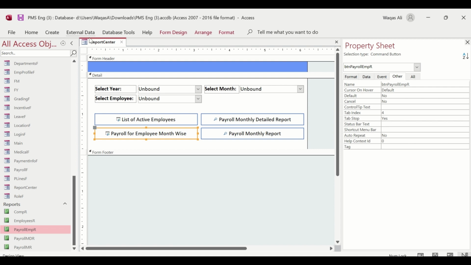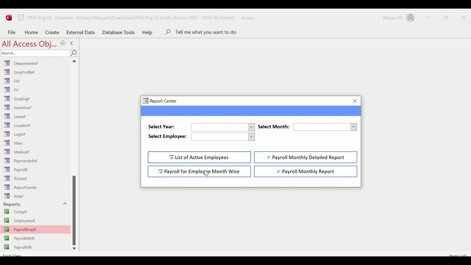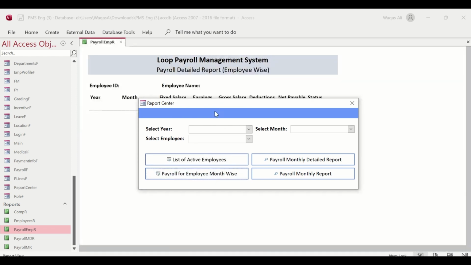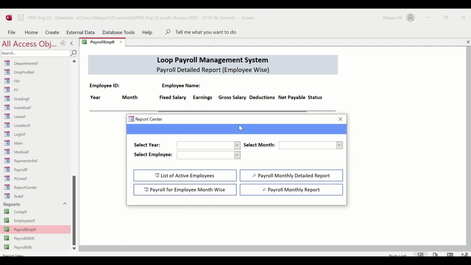Now watch this. If I click on this button, the report will open, right? So a couple of things here. Number one, this report is blank, although there is data. Well, this report is blank because we have not given the parameter information, which means we have not given information about the employee, for which employee the system should generate the report. That information is missing, which means the user must select the employee from this drop down,